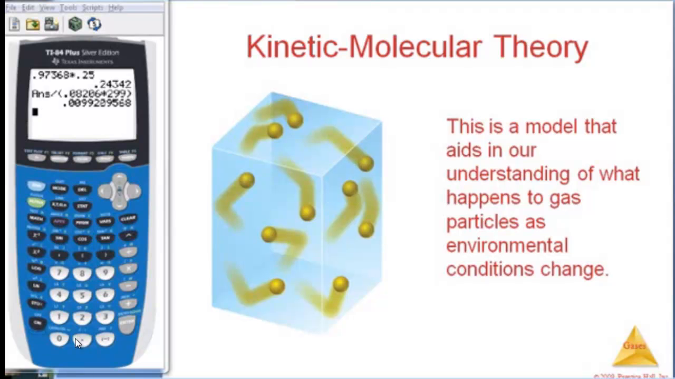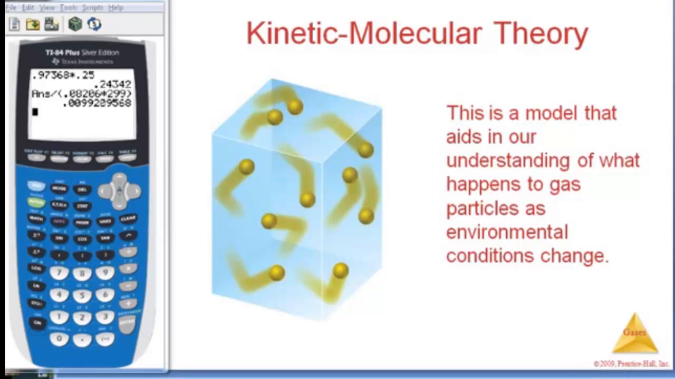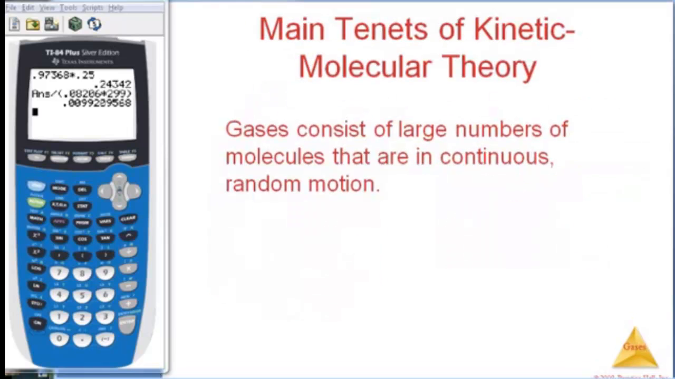Okay, in this podcast we're going to talk about the kinetic molecular theory, and this is the model that helps us understand gas behavior and what happens as we change conditions. Alright, so the main tenets of the kinetic molecular theory, also called KMT, is that gases consist of large numbers